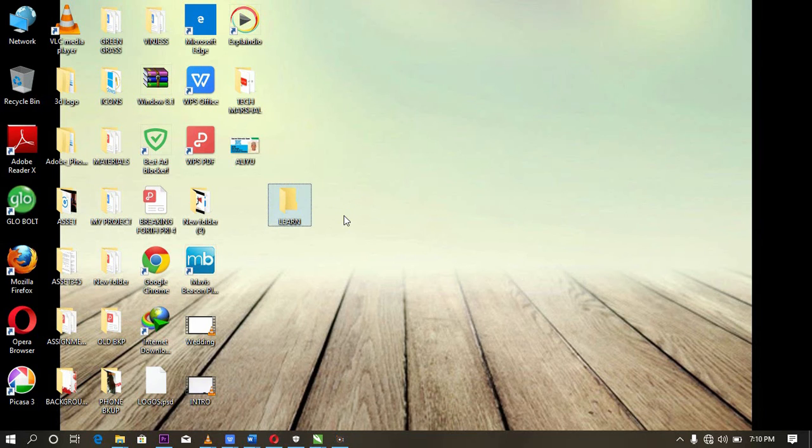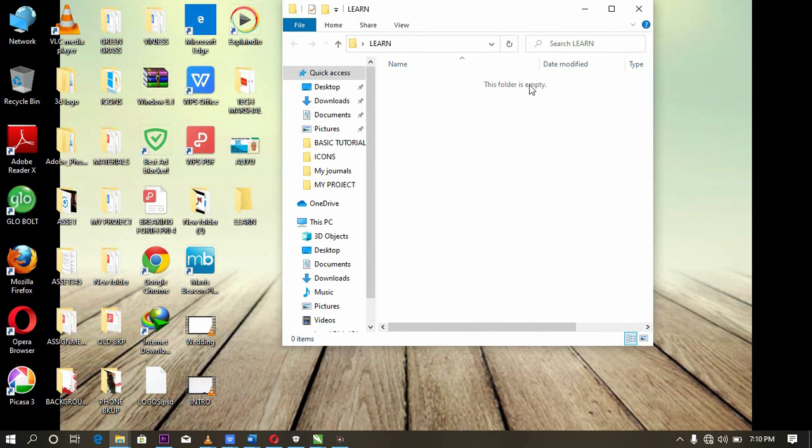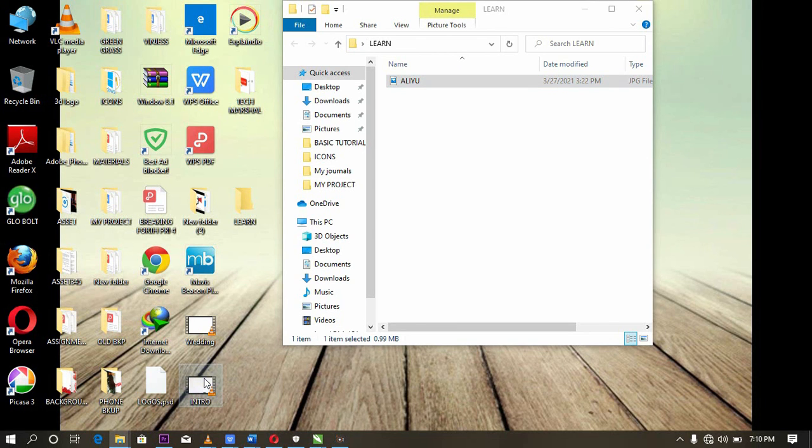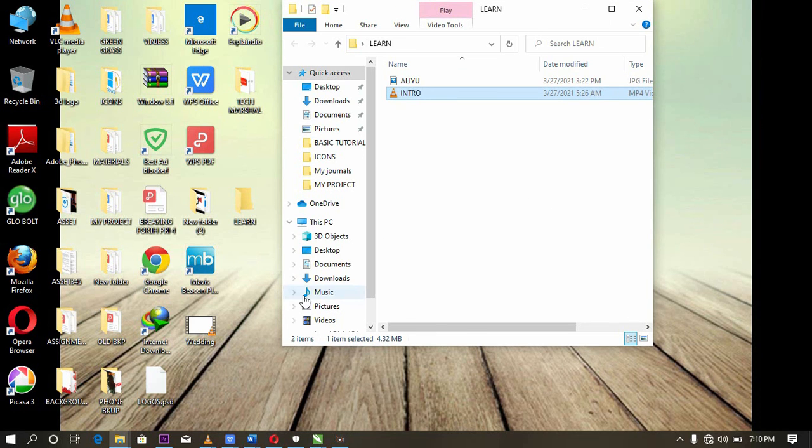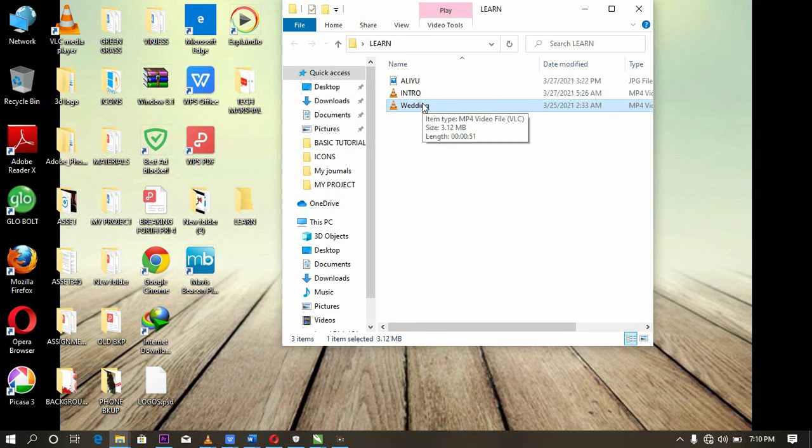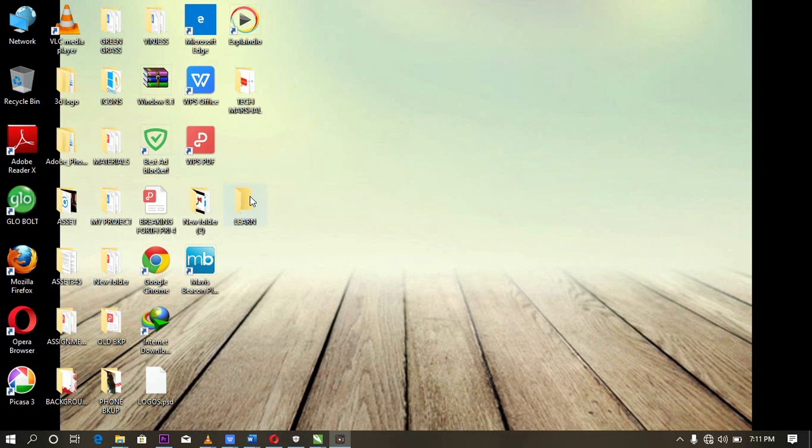So we'll click out, and then we can click and drag it to whichever position we want it to be. Now this folder is empty. Let's open it, double click on it. This folder is empty as it is now. So if you want to copy a file into it, you can simply drag it in by holding your click button and then dragging it down. You can see I'm moving that file down into the folder. Any file that I want to move into this folder now, I'll just hold the click button and then drag it down. If you check the status of this folder now, it contains 3 items, and I selected one. So that is it. You can also click on close whenever you want to close it. So that is how to create a folder and house it up with